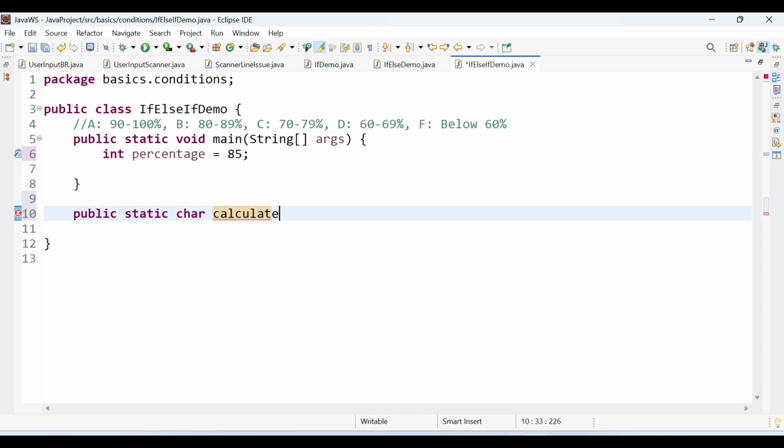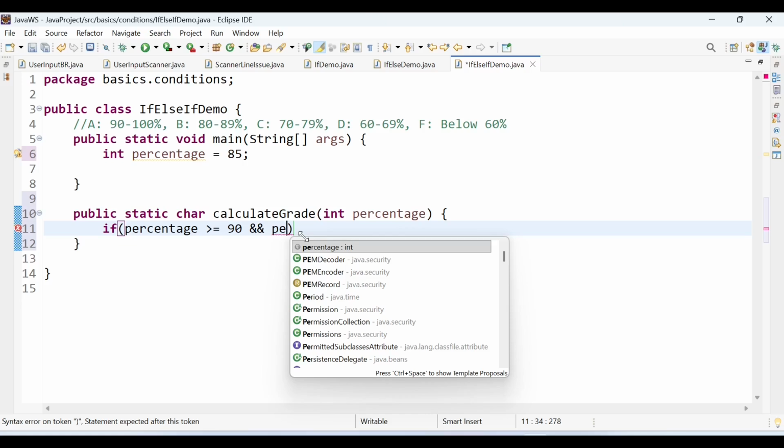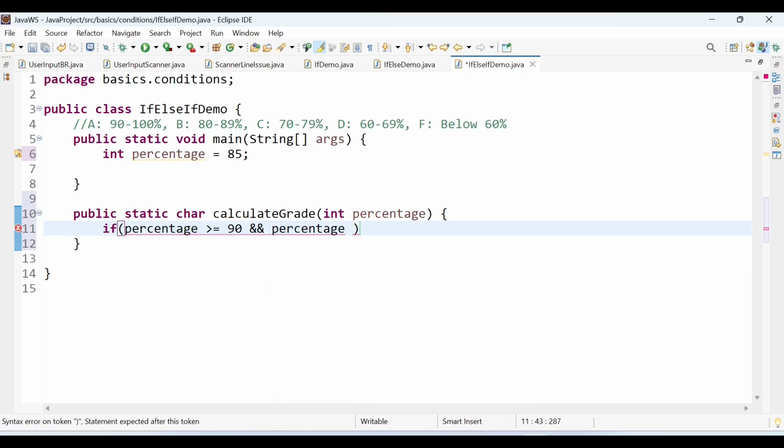calculate grade based on the percentage. I'm taking it as int only, not double. So percentage can be in decimal also, right? But let's take it as int only. So the first condition is if percentage is greater than or equal to 90 and percentage is less than or equal to 100,